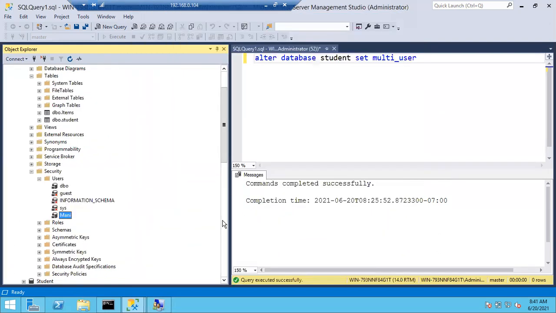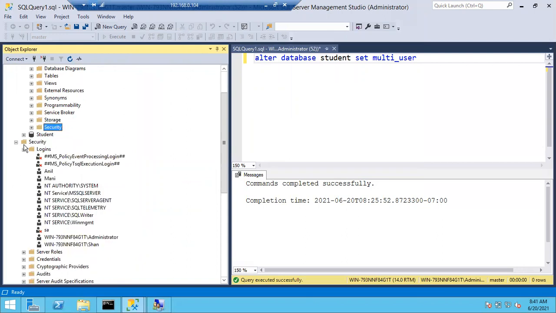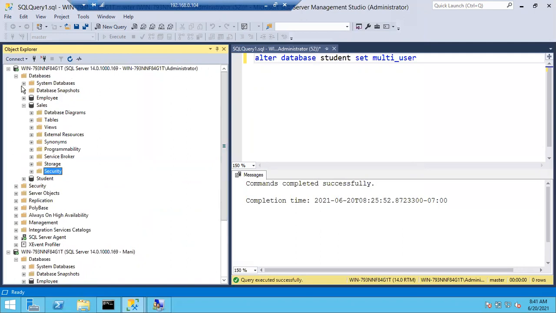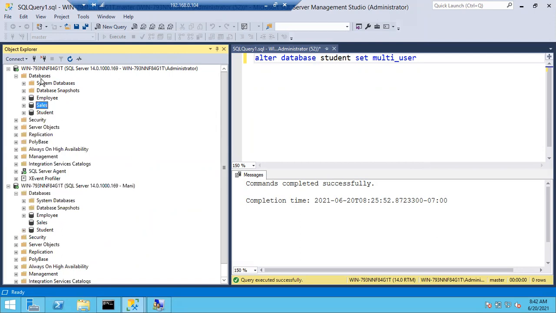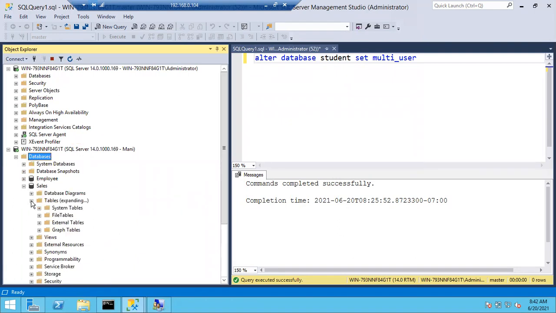I'll explain what these roles are again, don't worry. Right now, Money can expand the sales database also. Here in the sales database, you can see two tables. Minimize this account, this is for admin. Again, don't get confused, this portion is for Money and this portion's access is different. Now let me refresh the databases, then you can see the plus button. Let me expand sales and expand tables.